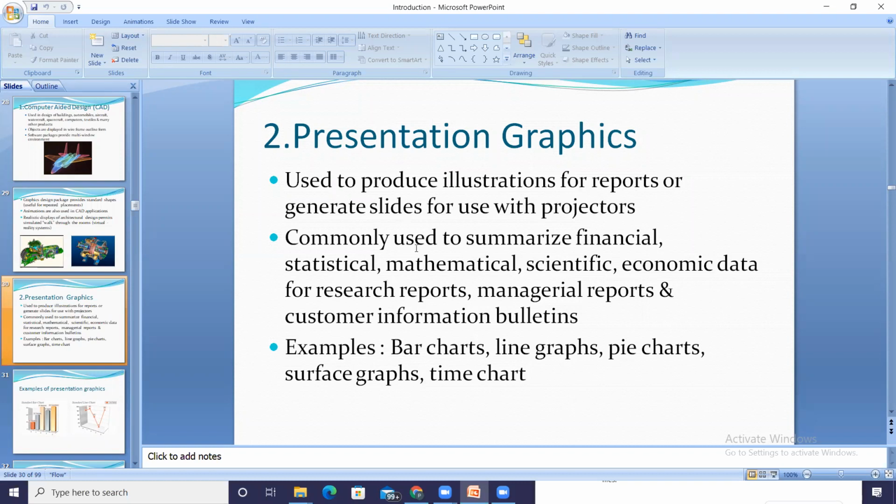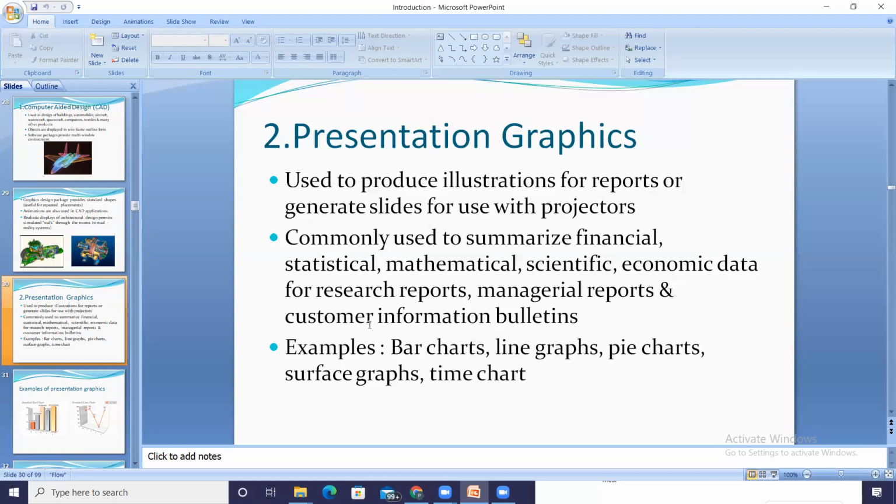It can be financial reports, mathematical calculations, or scientific and economic data for research reports. Information in text can be converted into graphs and charts. The examples are bar chart, line chart, pie chart, and time chart. All these come under graphics representation.